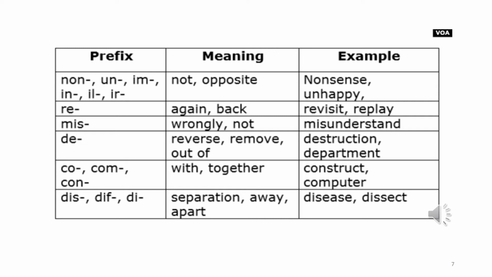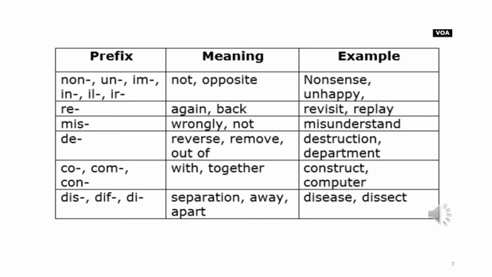Example, revisit, replay. In the same way, there is another prefix, mis. The meaning of this prefix is wrongly or not. Example for this, understand, misunderstand. In the same way, look at the fourth example, de. The meaning of de is reverse or remove or out of. Look at the examples,